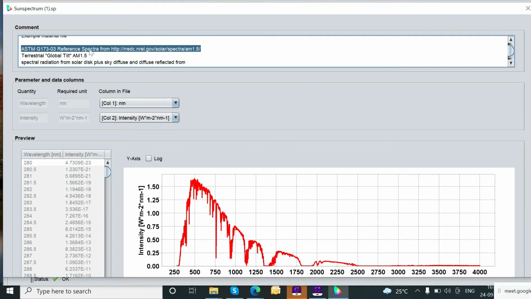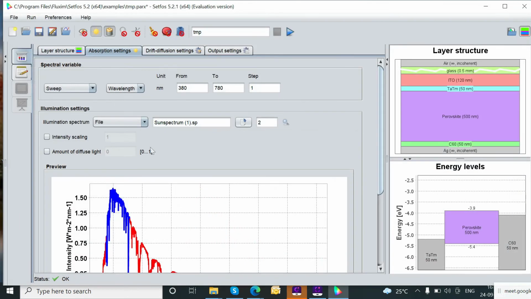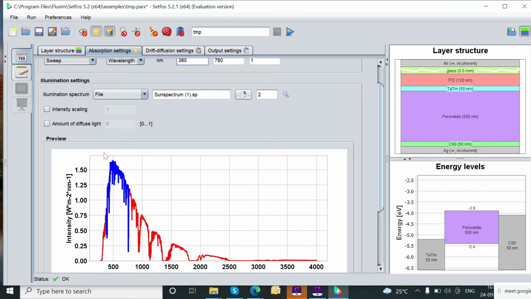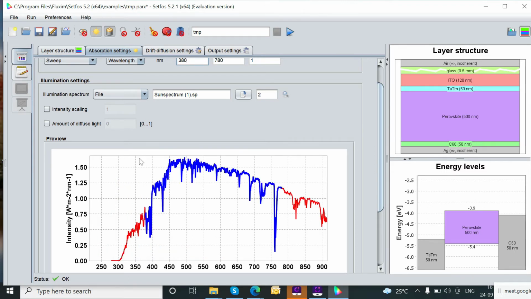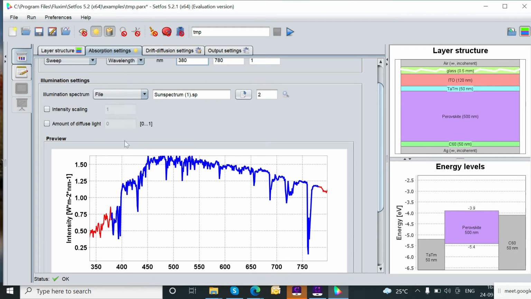So suppose you want to use a sun spectrum of air mass 1.5 with some tilt, global tilt or direct spectrum. So respectively you can open that spectrum and then you can also visualize the spectrum wavelength with respect to the intensity. So the x-axis is wavelength and the vertical axis is intensity. So it is taken with NREL reference papers. So this reference is also given from where this spectrum is taken. So on the comment section on the top of the screen you can find the spectrum reference paper.